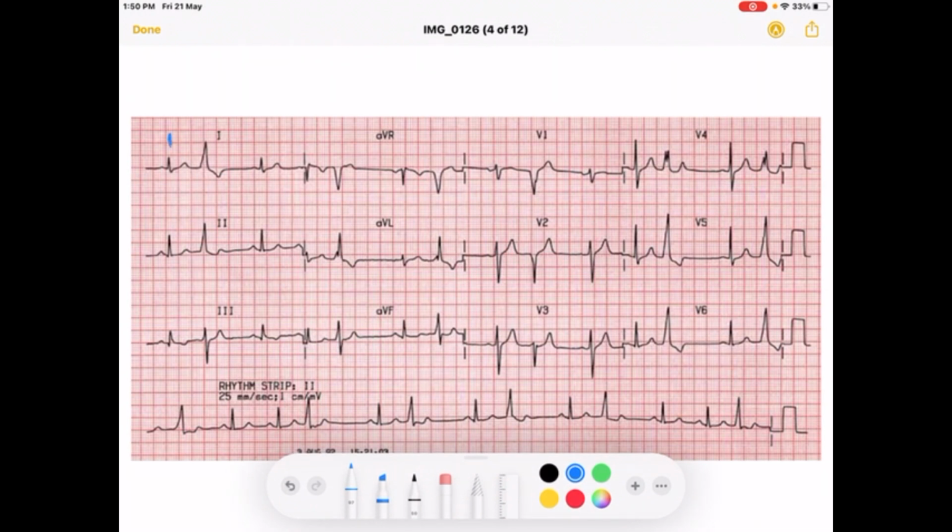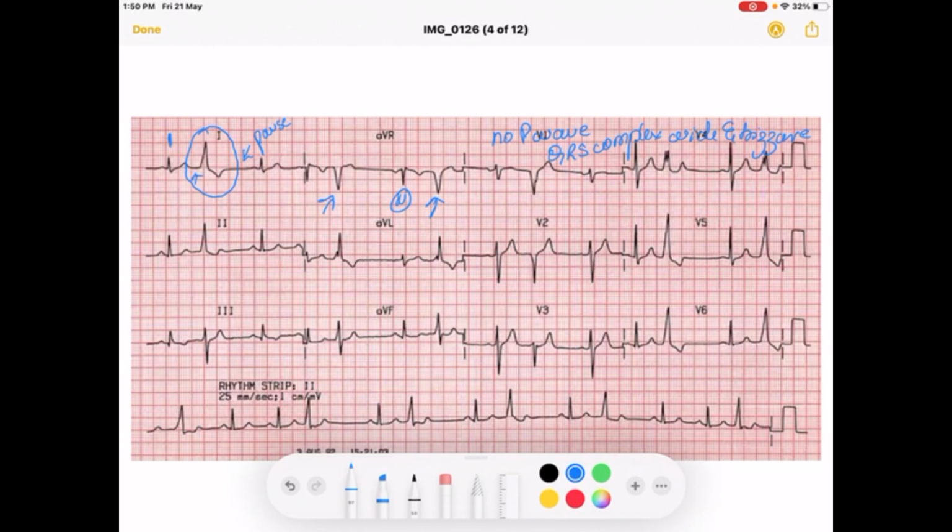Here this is a normal beat, and then there is a premature beat here with a pause. If you see the premature beat, there is no P wave. So this is not supraventricular, it is a ventricular premature beat, and the QRS complex is also wide and bizarre. So it is a ventricular premature beat, and if you see, every alternating beat is a premature beat. You can see a premature beat, normal rhythm, premature beat.